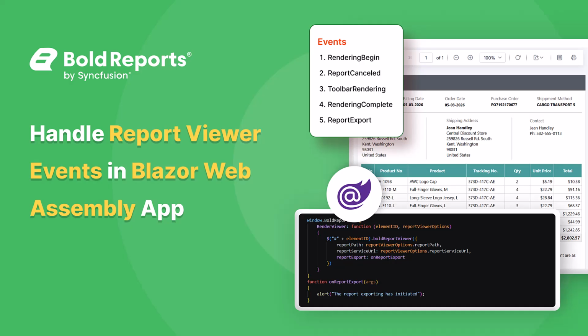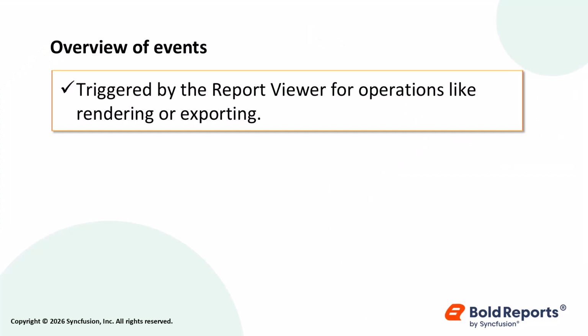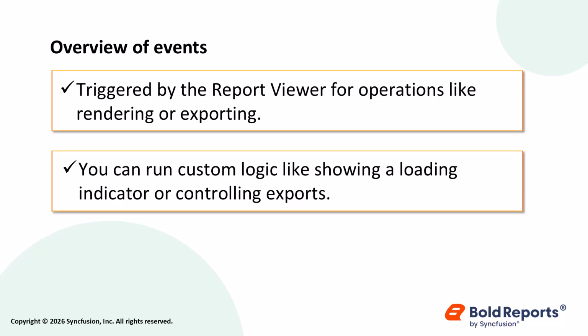In this video, you will learn how to use the renderingBegin, reportCanceled, toolbarRendering, renderingComplete, and reportExport events in a Blazor WebAssembly application to manage report interactions. Events are actions raised by the Bold Reports report viewer at key moments like when rendering starts or when an export is triggered. By handling these events, you can run custom logic such as showing a loading indicator or validating